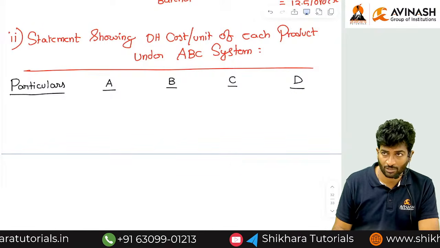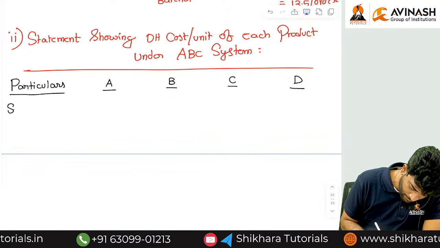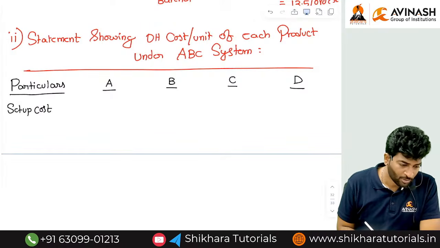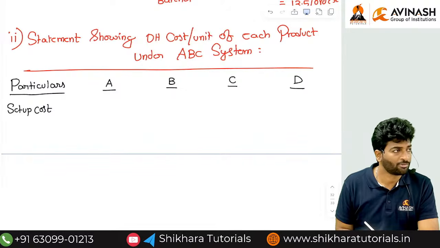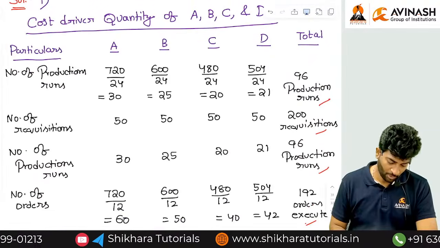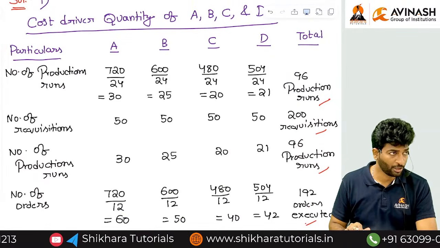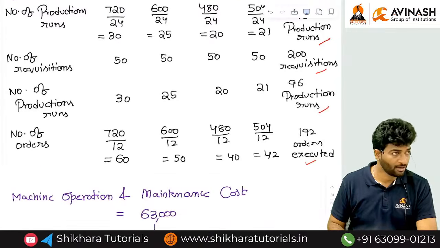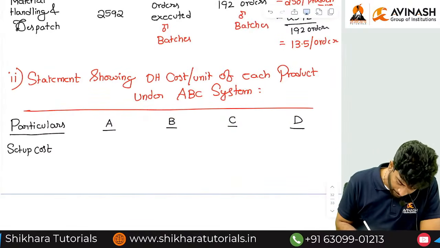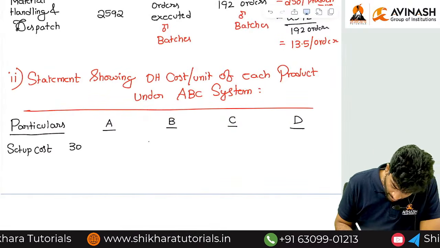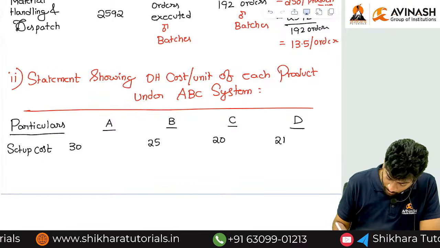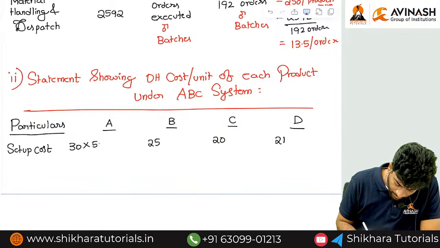We'll start with setup cost first. For setup cost, number of production runs, right? Number of production runs is nothing but 30, 25, 20, 21. And for each production run, the rate is the same, so 30, 25, 20, 21, but everything is to be multiplied with